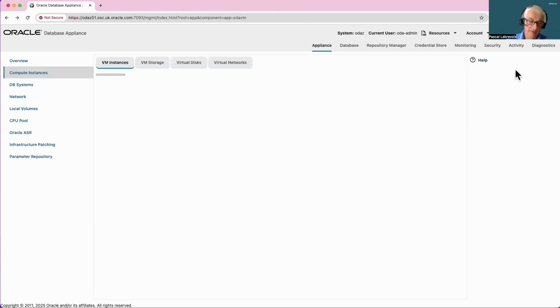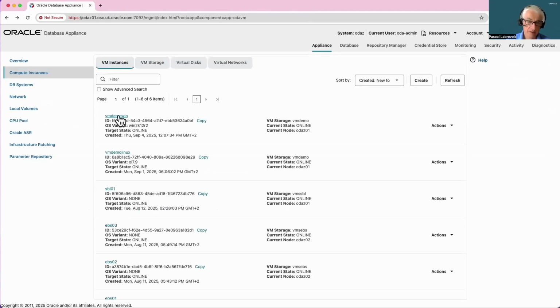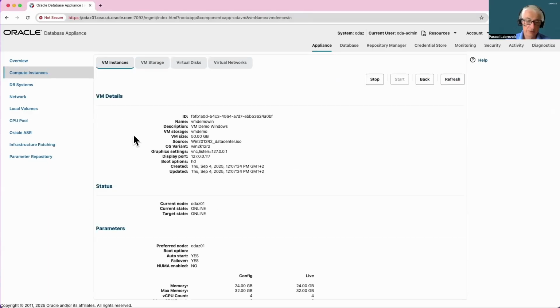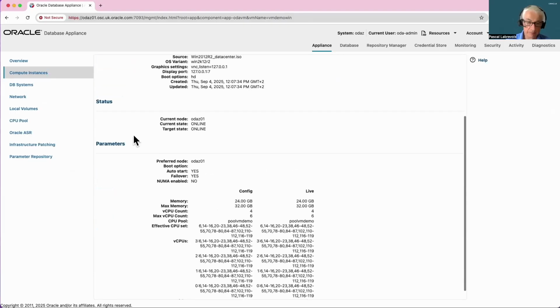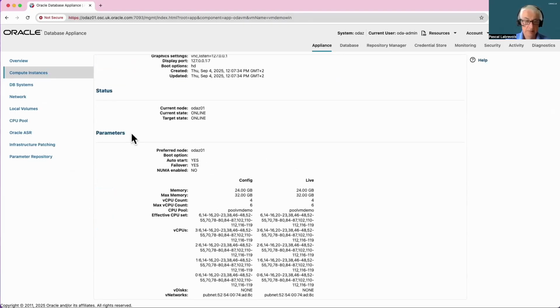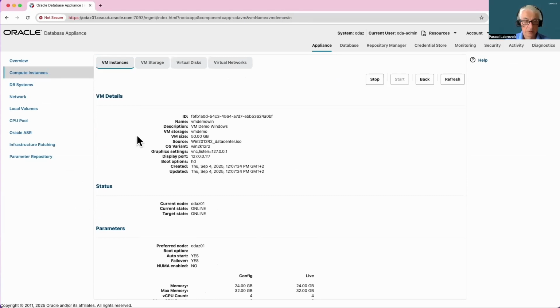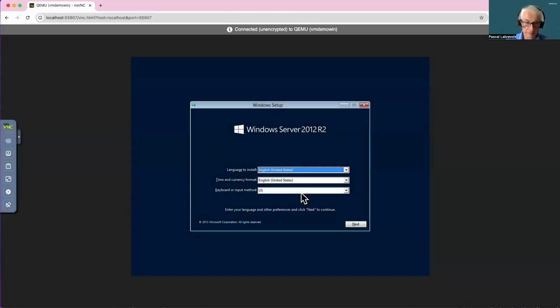So I can see the details of this now running VM. So it is, as expected, running with 25 gigabyte memory on four vCPUs, running on the first node and running on the VNC port 7. And I will then use this VNC port to configure Windows as usual on the next step. So going to access the VNC port now to configure Windows.